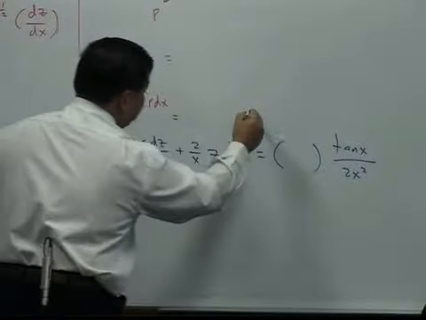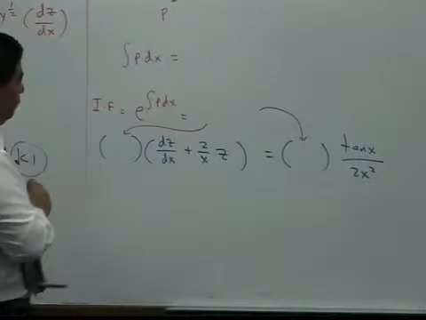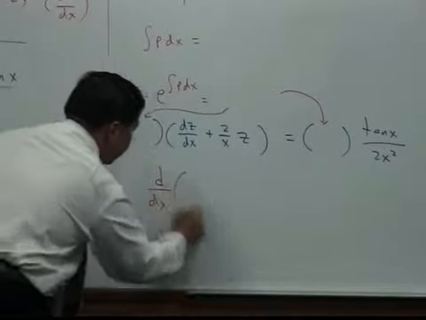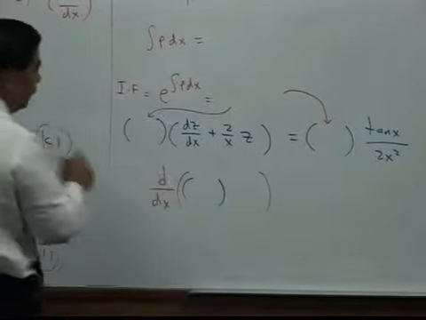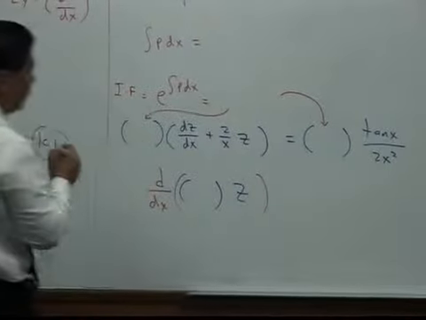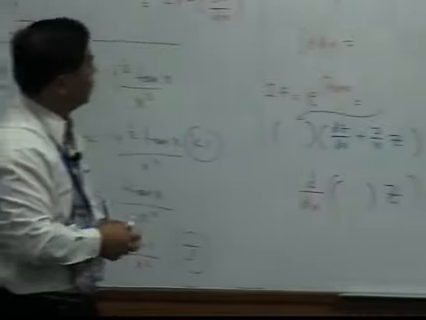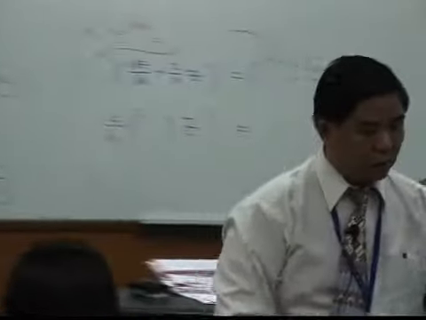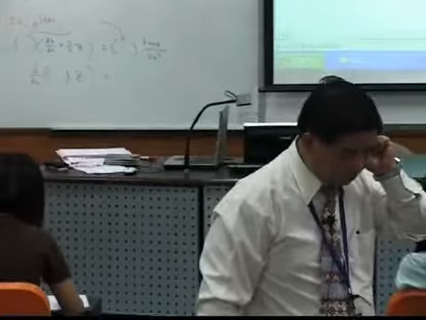So bear in mind, this integrating factor needs to come inside here. And finally, you should be able to write d/dx of the integrating factor, I still keep it in blue color, times the dependent variable, should be equal to this guy. So please find out the integrating factor first. So what is the integrating factor now? So what is your integrating factor?